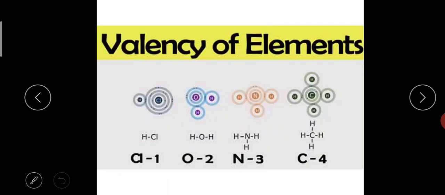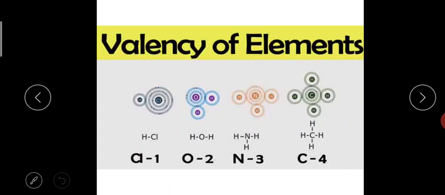Now valency. What is meant by valency? It is the combining capacity with other elements. If you take chlorine, the valence electrons are 7. Always, the number of electrons in the outermost shell should be 8. Did we see that in the rules? So how many electrons will chlorine require in its outermost shell to complete its octet, which means 8?